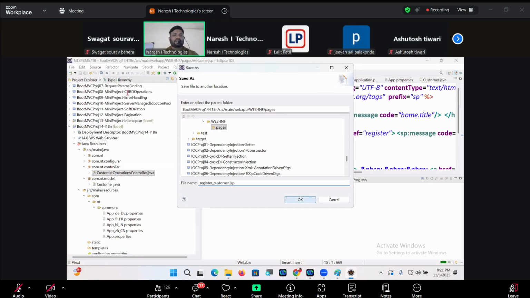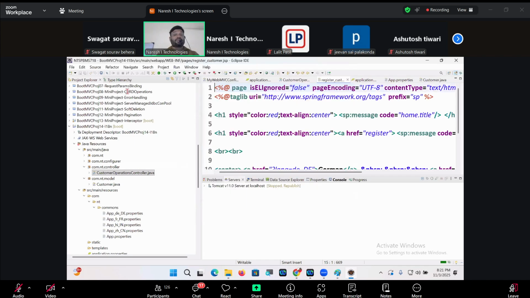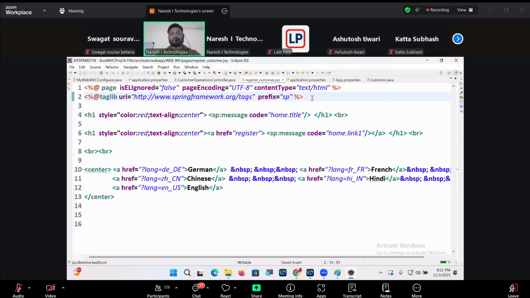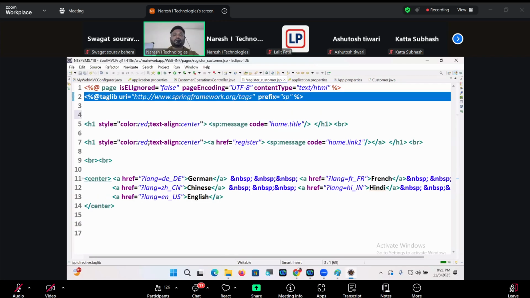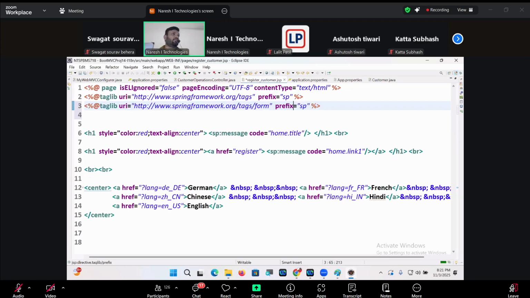The tag lib is also fine. But I have to import the form tag library also. URI tags slash form, prefix is equal to FRM.